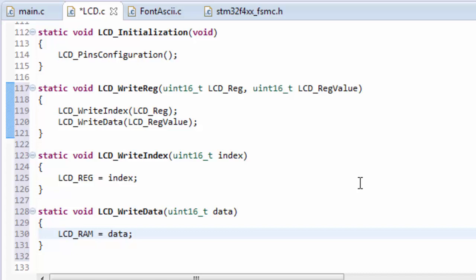Second function is the LCD_write index. This function is actually writing the LCD register address on the memory location that we have defined, LCD_reg. And this is defined at the top as you can see. So whatever the LCD register address, that address is going to be written at this memory location. And then we have the third function named LCD_write data. This function is actually writing the data on the already defined memory location,